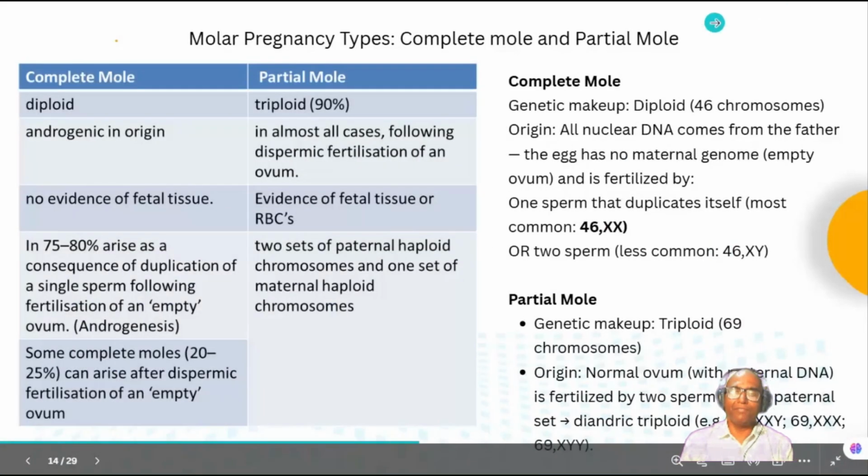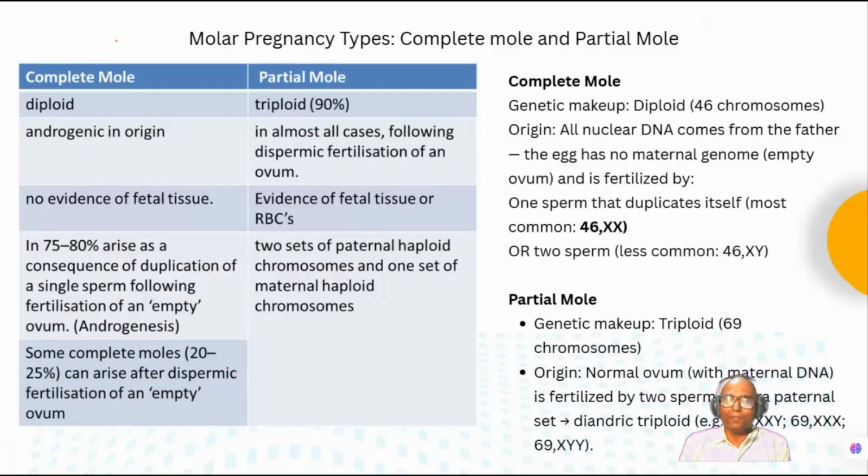Okay, now a very frequently asked question is about the genetic makeup of the molar pregnancy, that is complete molar and partial molar. That is also very frequently asked. So let us see the difference between the complete mole and the partial mole. Complete mole is diploid. It is androgenetic in origin. There is no evidence of fetal tissue, and the mechanism of formation of complete mole is androgenesis, where there is